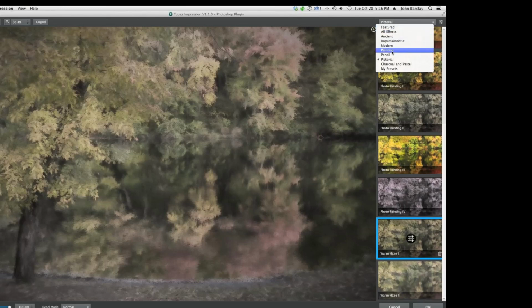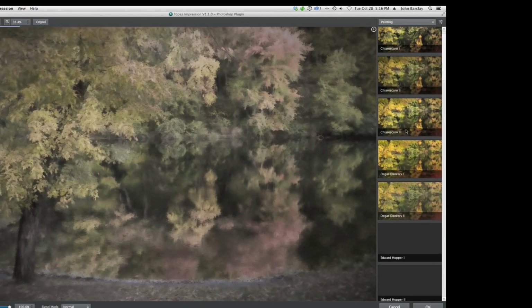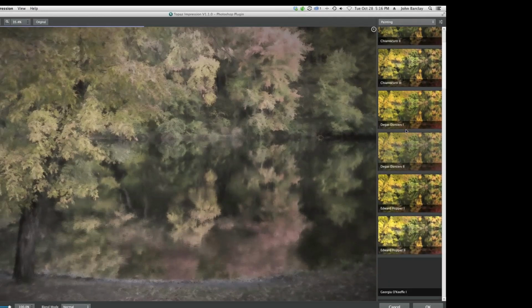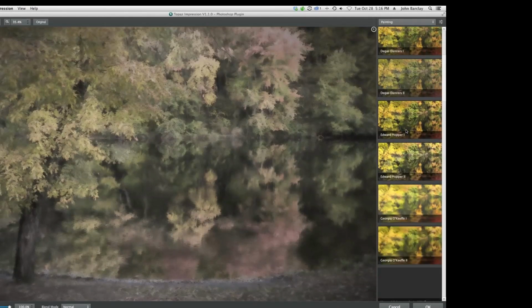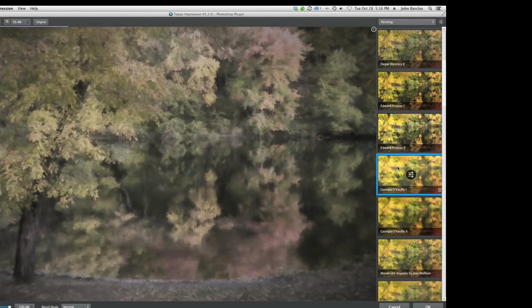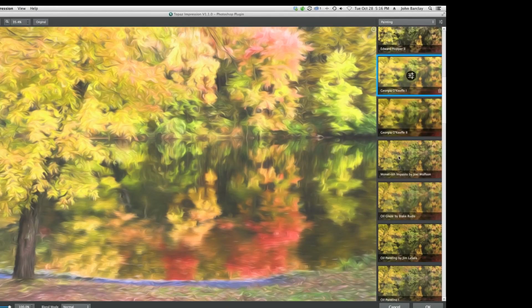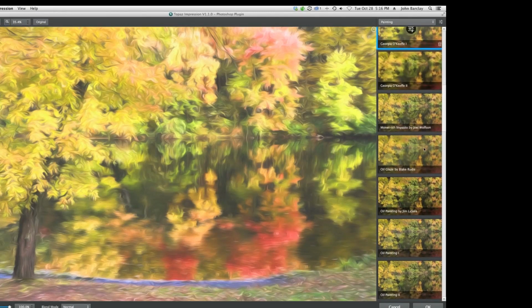And the other major difference is if you go under the painting tab under your categories, this is where you'll see a bunch of new things. Degas, there's a Georgia O'Keeffe, Edward Hopper. Let's see what Georgia looks like. And this is where it'll start to make sense. So you get some fun Georgia O'Keeffe look, Monet-ish, and you'll see some other people are creating some presets here